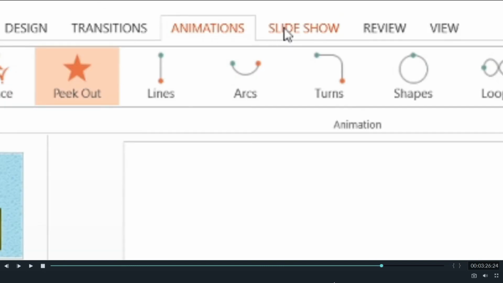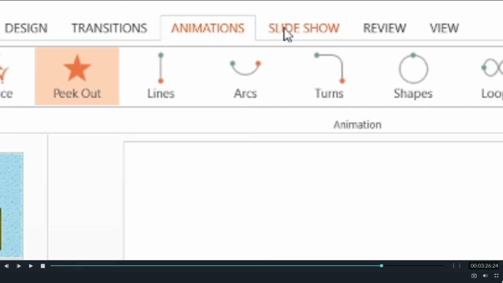So we have learned to apply transitions effect on a slide and have seen so many effects of transitions which are provided to us by the PowerPoint application. Same way we have applied some animation effects also, and I've shown you so many other interesting animation effects which you can also add to your objects.